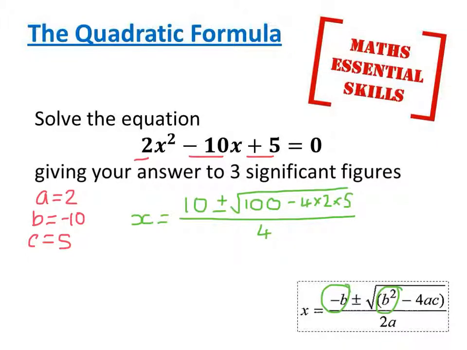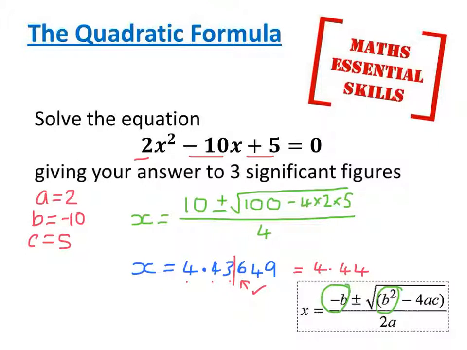So my positive answer, or at least the answer where I substitute it in with the positive sign here, the add sign, is that x equals 4.43649. It does ask me to write it to 3 significant figures. Don't round it before writing your full answer down. 3 significant figures, remember. 1, 2, 3. Line down. Is that one 5 or more? Yes, it is. So I'm going to round that to